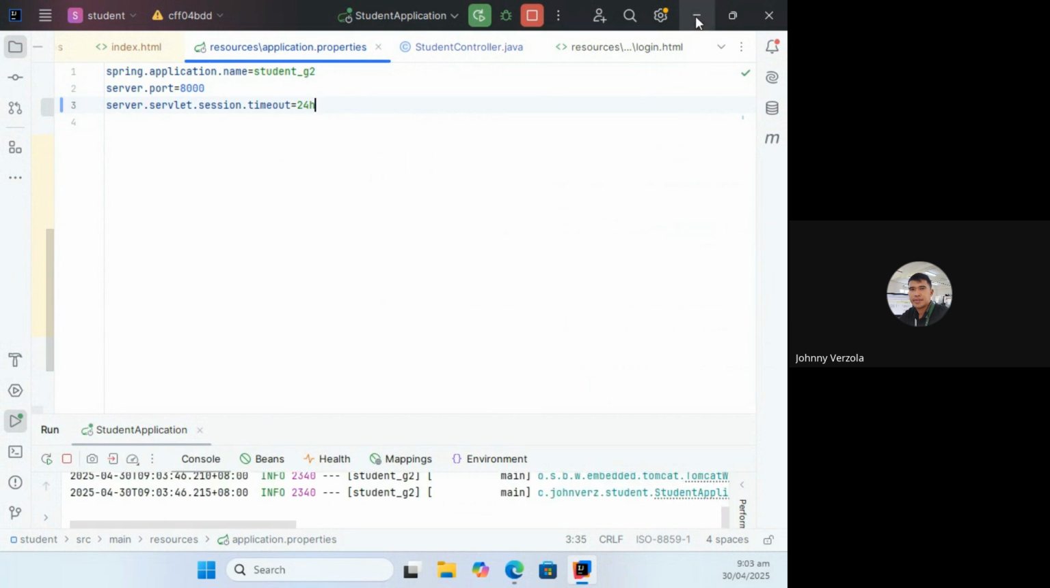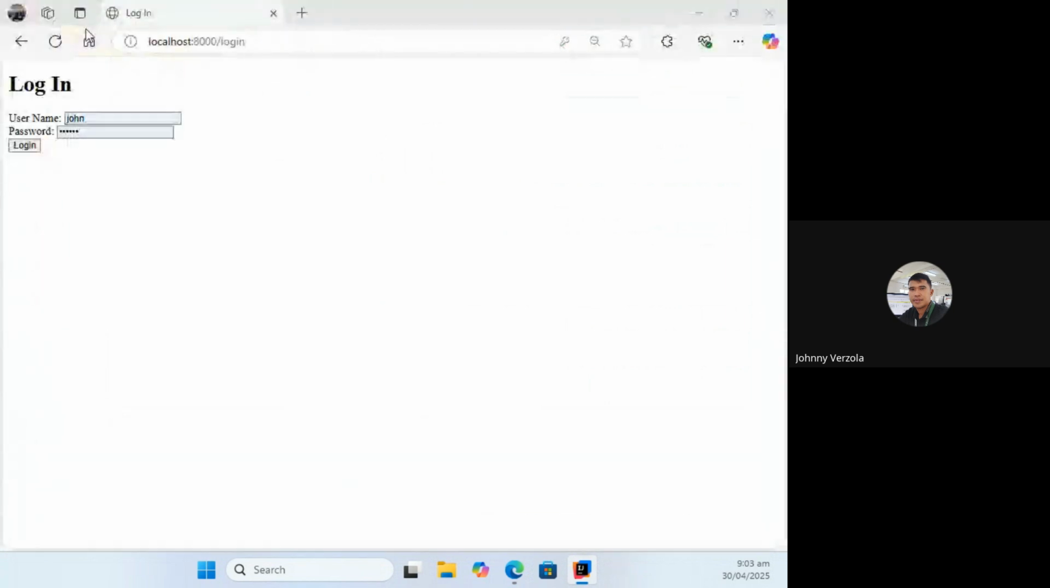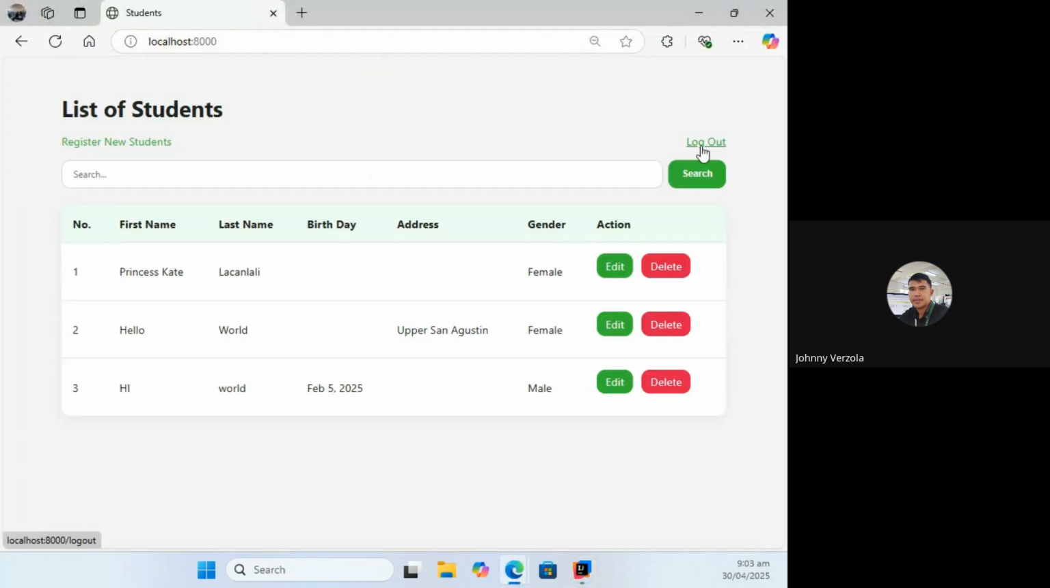Refresh, login. As you can see, we already have that log out there. This still works. Now, let me create another recording. Stop this one and